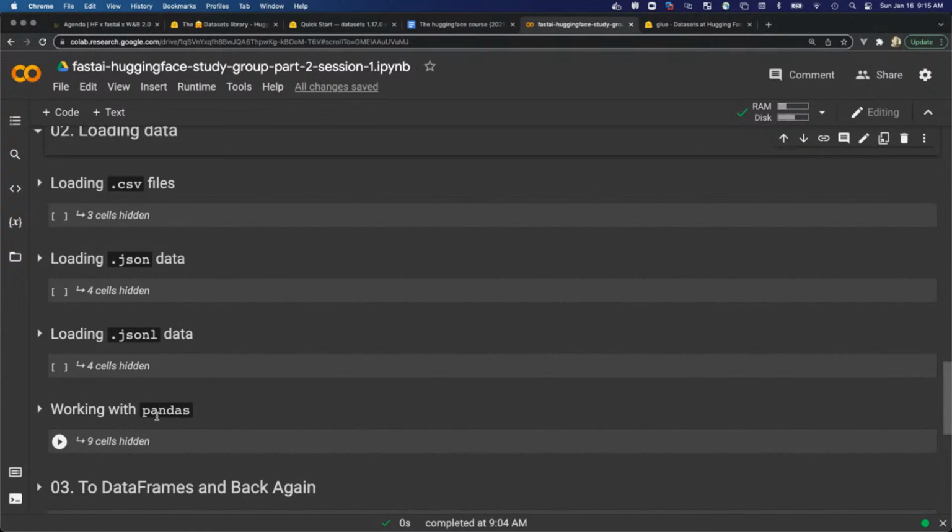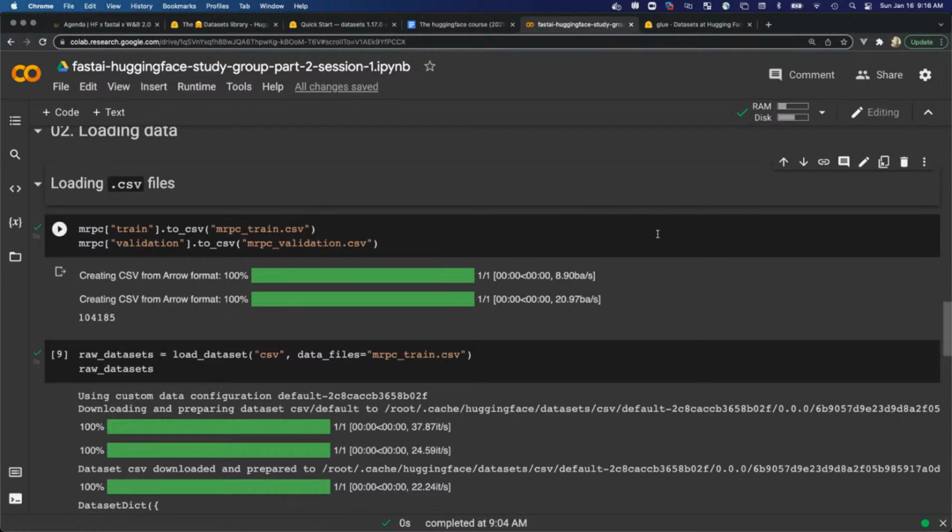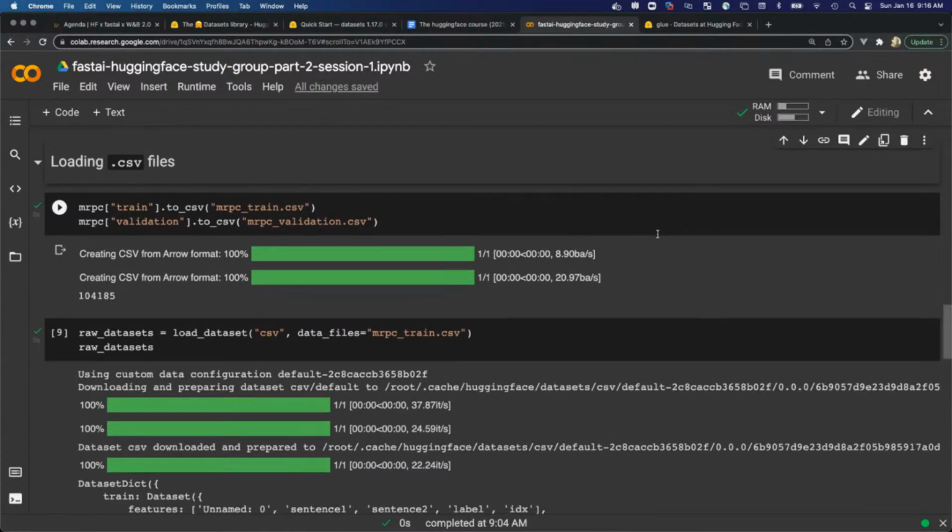I typically load everything into pandas because in terms of a library, it's the one I'm most familiar with using to explore the data, but also massage it and do the feature engineering and prepare it for machine learning. Fortunately, the Datasets Library has a lot of integration with pandas that we'll look at in just a little bit. So for working with CSV files,